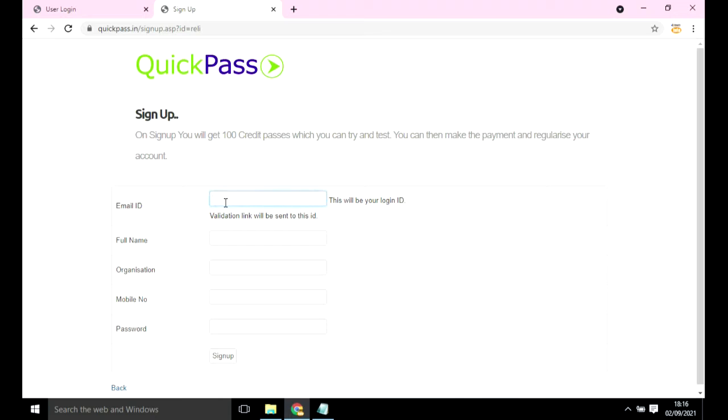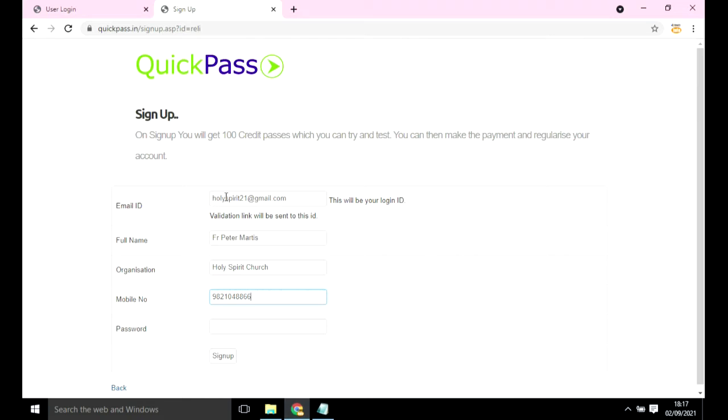and this page opens. There's a mail ID. I enter my login mail ID, which I'm going to, let's say, have for the parish. I put Holy Spirit 21 at gmail.com. It's my mail ID. I enter the full name of the priest there. Let's say Father Peter Martis. Organization is the name of the church. So I put Holy Spirit Church. Okay. Mobile number. I'll put my own mobile number for now.